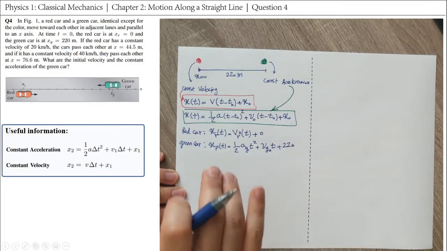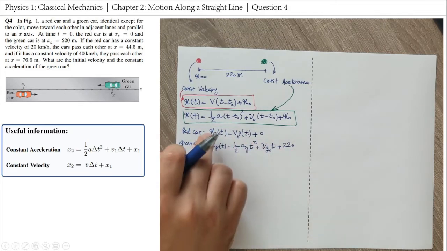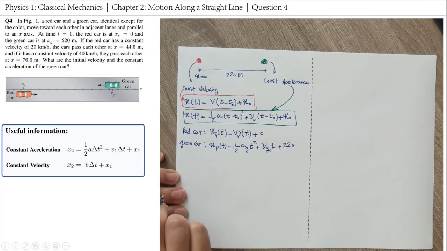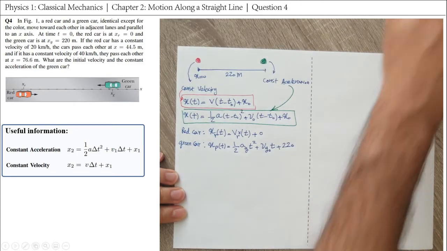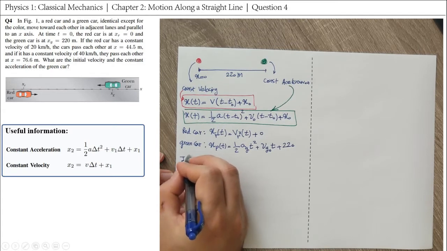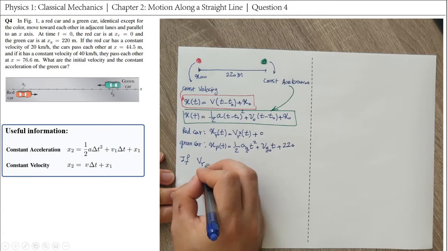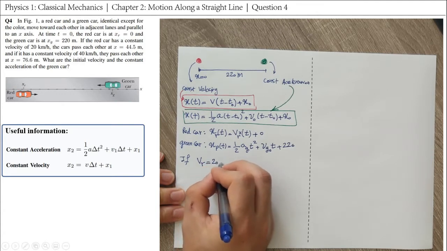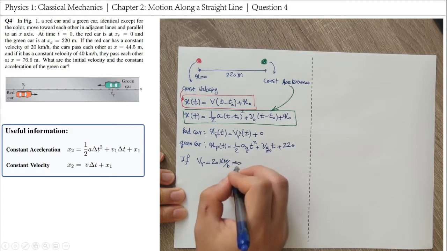Okay, now we have obtained the symbolic equation for the position of the red car and the position of the green car. Okay, now let's read the question. The question states that, let me just bring up the question again. Okay, it says that if the velocity of the red car equals 20 kilometers per hour, then what's going to happen is that